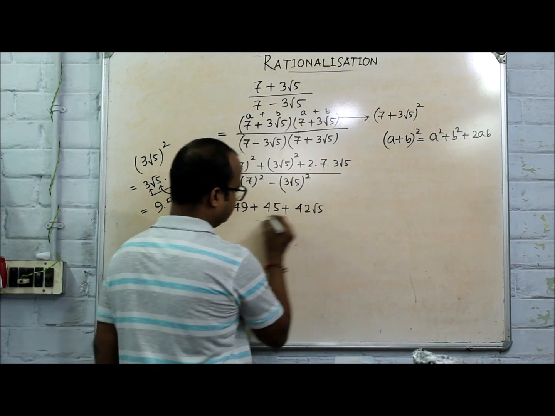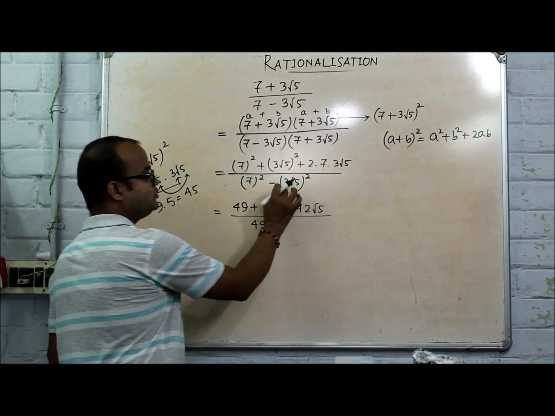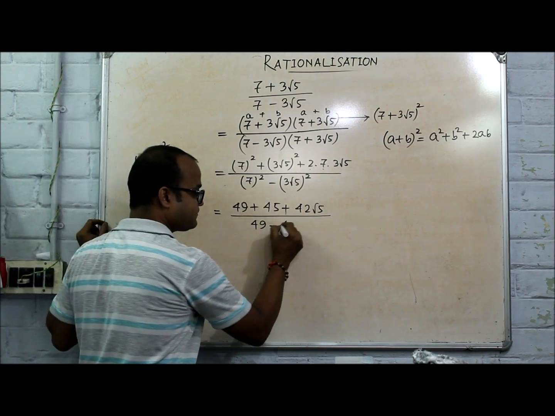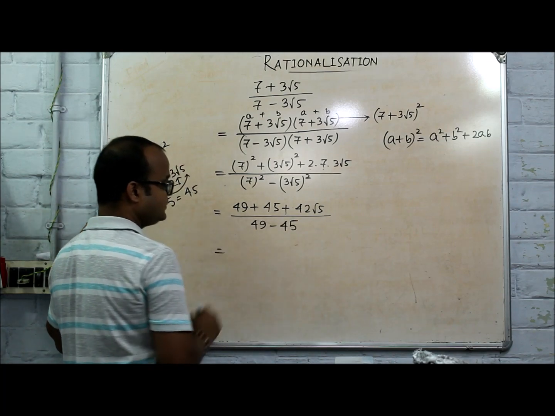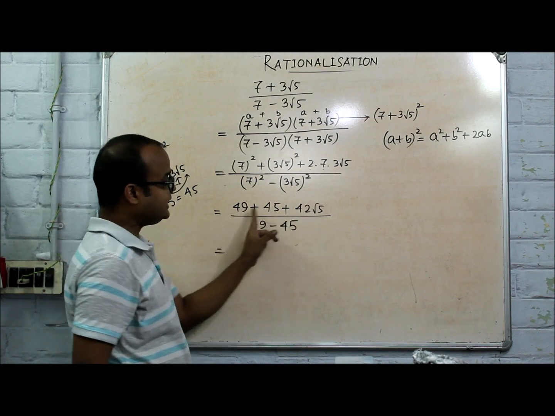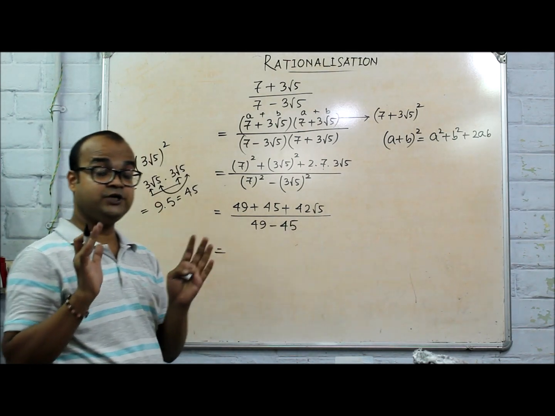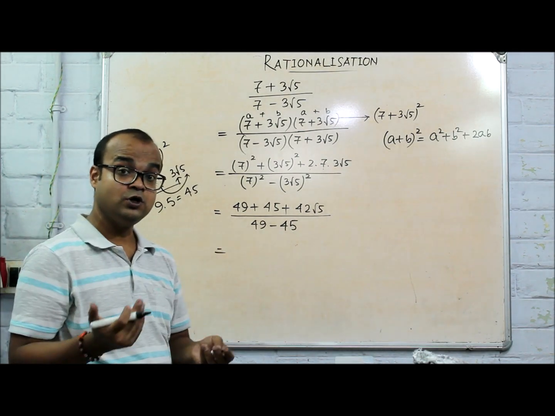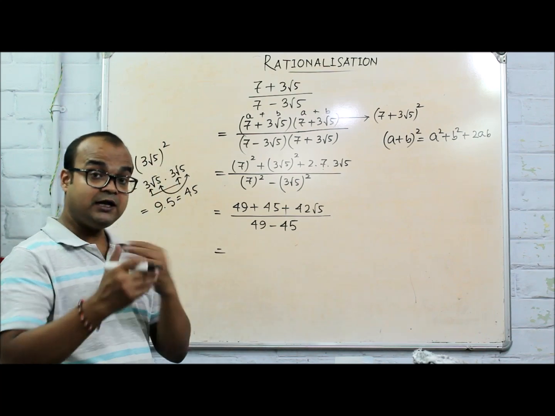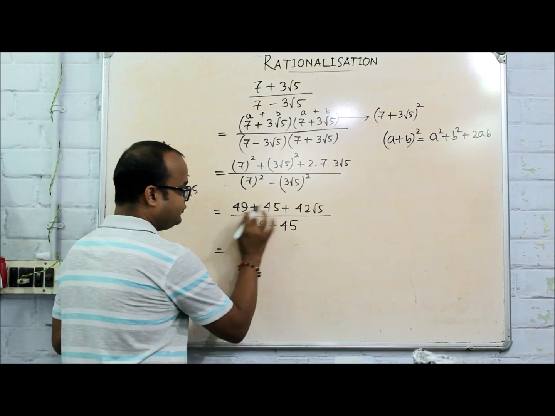42 root 5. By 7 square means 49, minus (3 root 5) square means 45. Now we add these two terms. Do not add all these terms because these are unlike terms. We need to keep in mind the algebraic rule of addition: we add like terms, and unlike terms are not to be added. So these are unlike terms. So if we add these two,